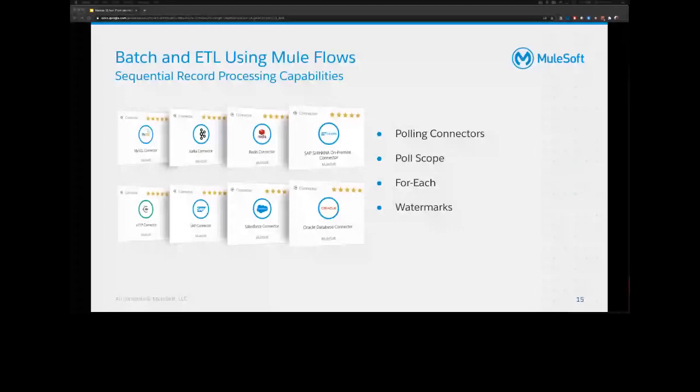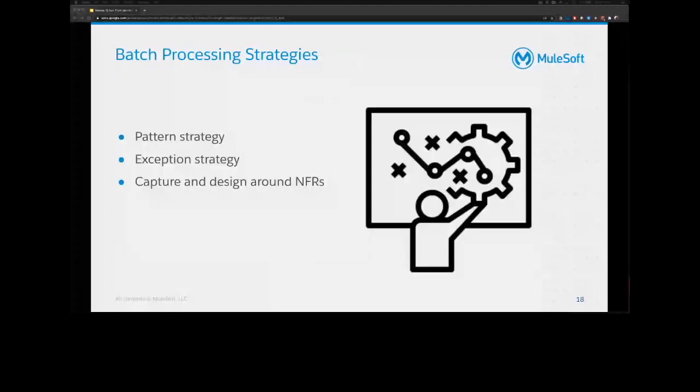When designing your batch application, it is important to have a strategy. For example, pattern strategy is a standard solution architecture for batch processing that teams within your organization should be required to use, setting up a batch pattern that everyone should follow. An exception process should be used to demonstrate why or how a team's unique needs require deviation from that standard pattern strategy. An exception strategy requires you to think about the question, how do we handle errors and exceptions when and if our batch fails?